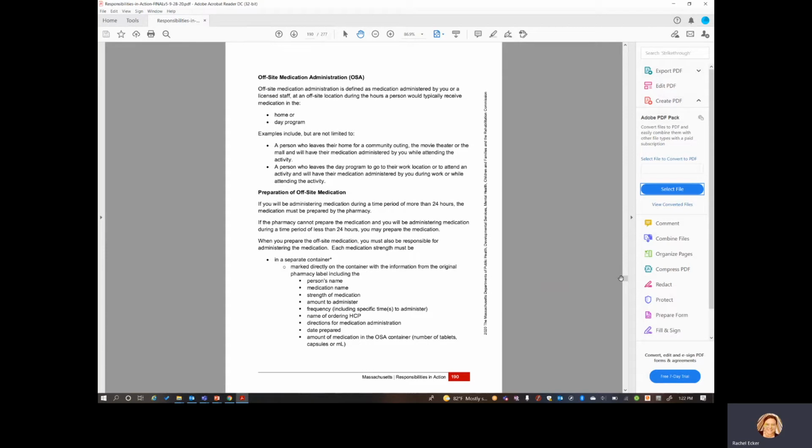So in other words, if you are working with another staff person who is saying to you, I'll prepare it for you to administer, that's not safe. So you need to prepare the medication yourself if you are administering the medication out into the community.